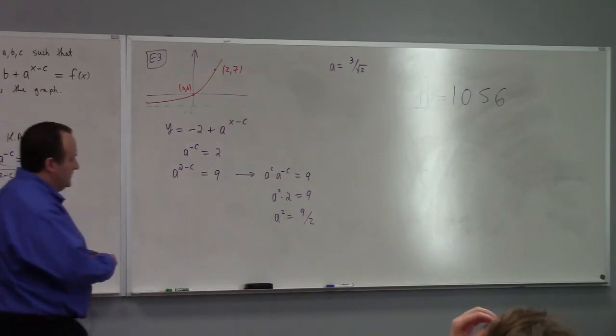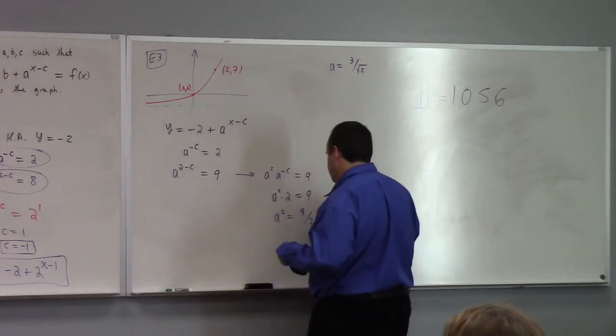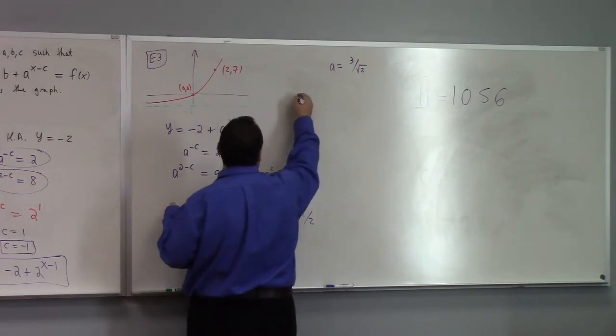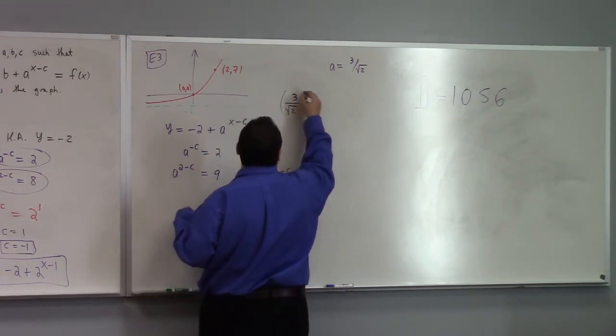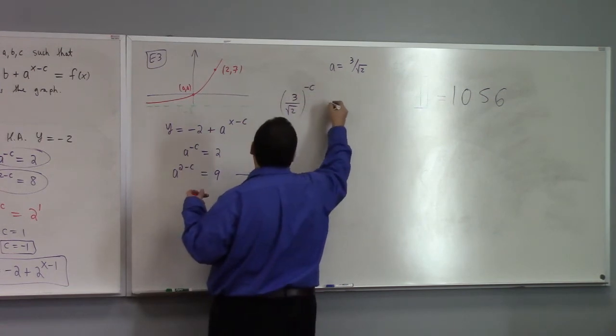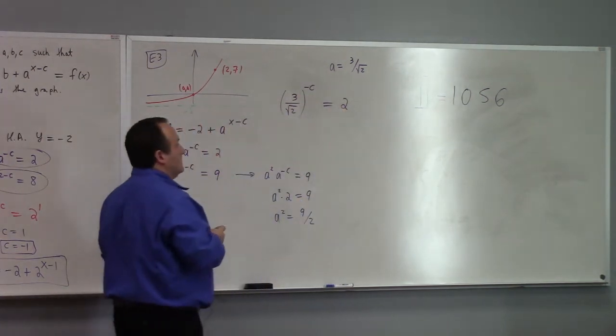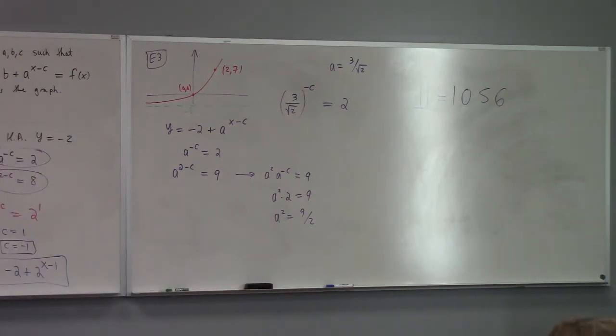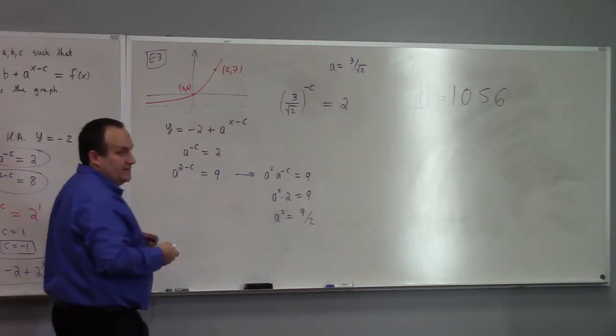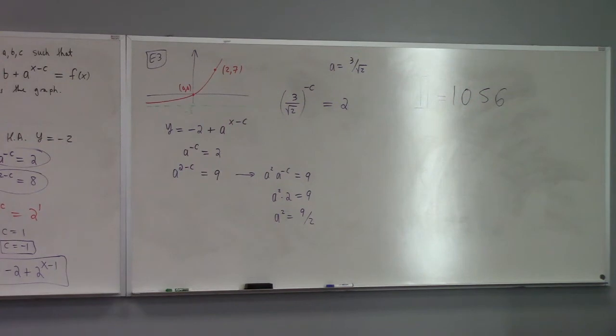See, then we run up against 3 over the square root of 2 raised to the minus c power equals 2. Now, what's the solution to that? See, this 2 to the minus c power equals 2 was very fortuitous in my first quote-unquote ugly version of example 18. So how do you find c there? What do you do? Can you solve for c? How would you find it? Wouldn't you just